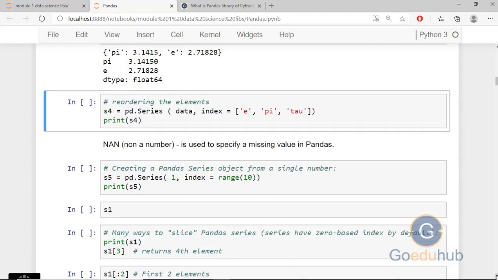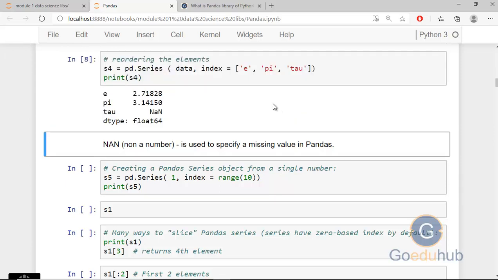Okay, and we can pass the dictionary with our choice of indexes, like data, comma, index is equal to e, pi, 2. You know our dictionary has only 2 keys, e and pi, so 2 will be assigned a null value, or you can say not a number. I can run this block and you can see the output here. Inside the data we have 2 key-value pairs, one where the key is e and one where it is pi.